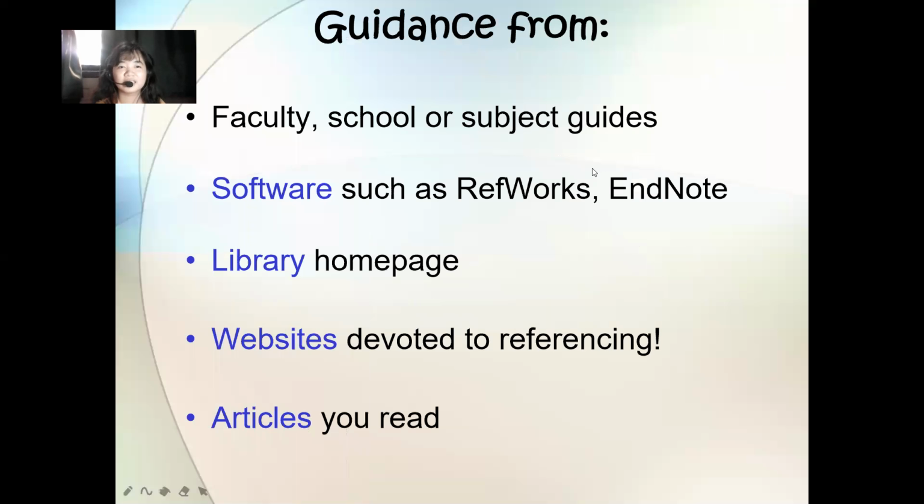Okay, so where do we get guidance for referencing? There are many sources. You can ask your teacher, your subject teacher in research, or your thesis advisor. Or you can also get guidance from software guides such as RefWorks and EndNote. You can also ask guidance from the library, from books, or even from the websites that you have read. My advice is, when you open articles using Sci-Hub, you will see the correct referencing. So you'll be using APA format. And even in the articles that you have read, you can get an idea.